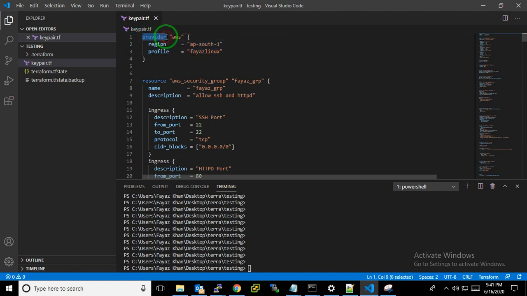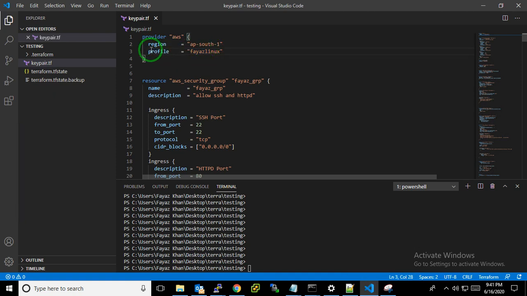My provider is AWS, and the region where you want to launch your things. I am going with ap-south-1, it's the nearest one. And my profile is the profile you have created, an IAM (Identity and Access Management) user.